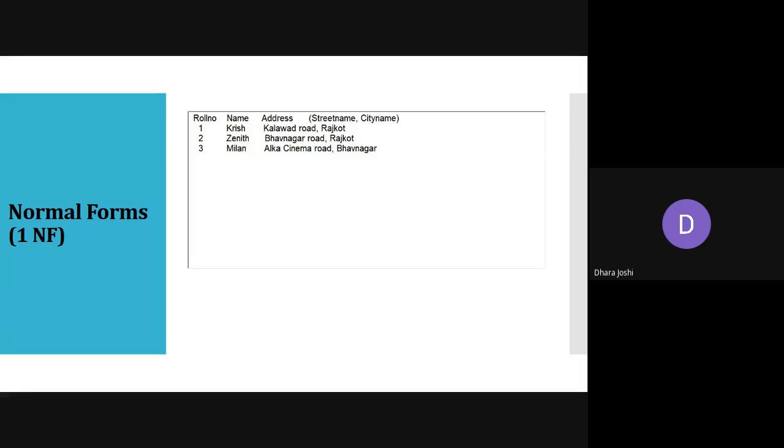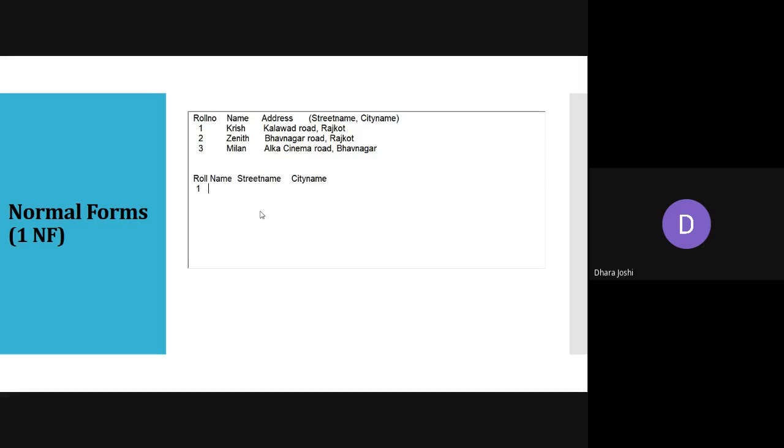Everyone is thinking, what can be the solution? The simple solution is here. Can we do this? Roll number, name of student, street name, and city name. So it will work well.